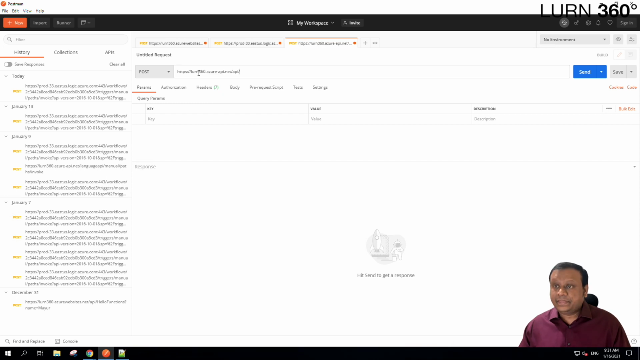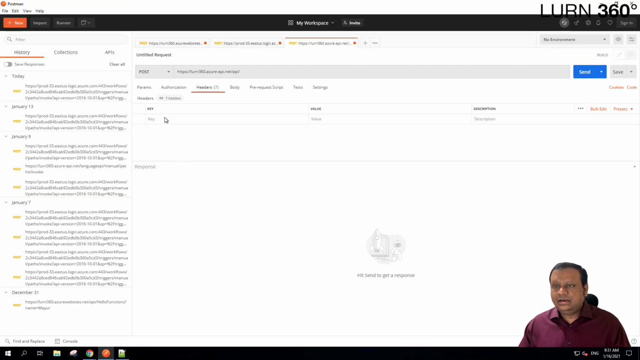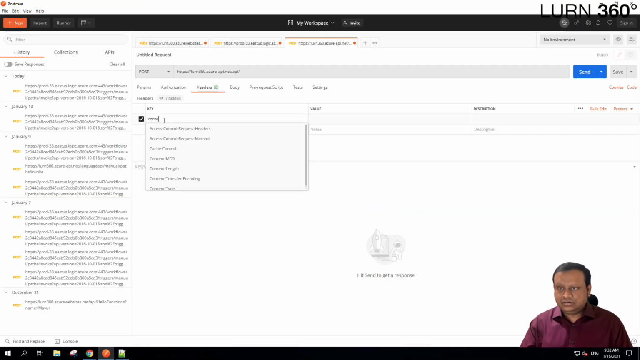This is going to be a post. This is the endpoint URL, and in the header we have 3 items. If you notice here, the first one is content type, which is application JSON. This one is fine, we can leave it as is, and then we have the subscription key, right? So content type is going to be application JSON. Let's add that. Content type is application JSON,